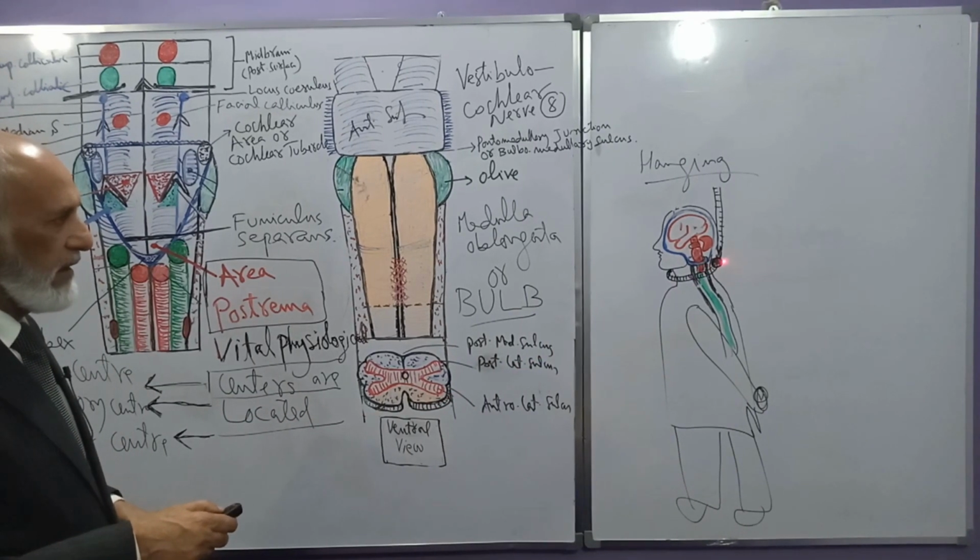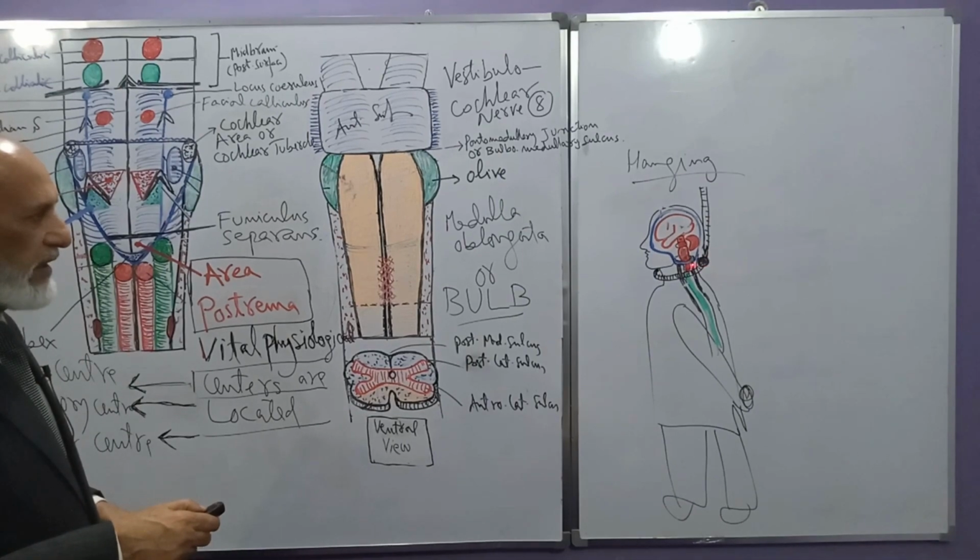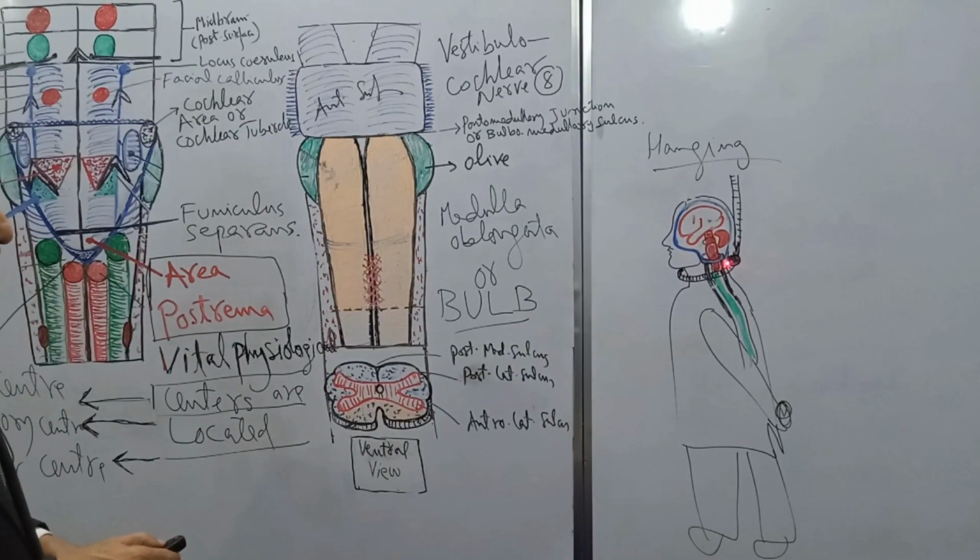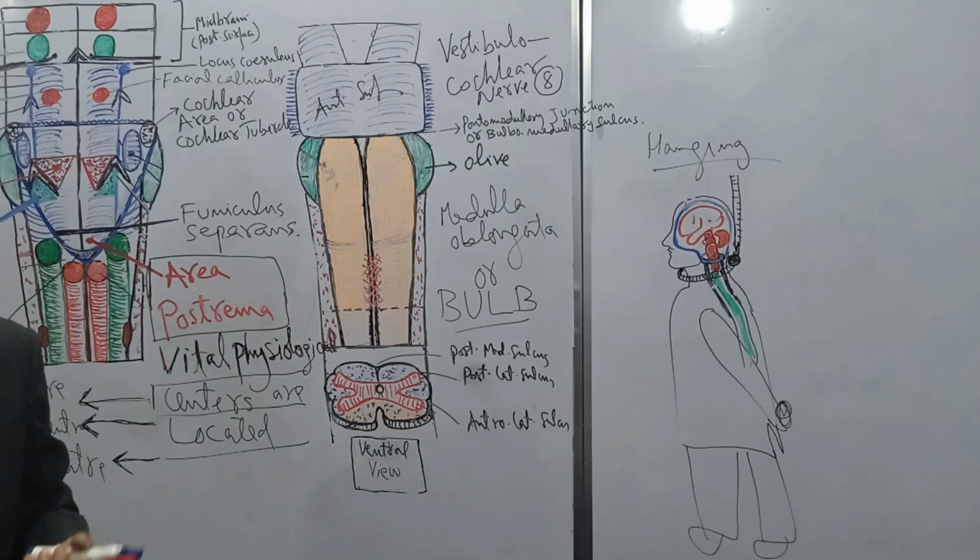of the vertebral canal. The knot strikes against the cervical vertebrae, which are fractured and pushed forward, and the fractured vertebrae damage the area postrema, the vital centers are damaged, and sudden stoppage of heart and breathing occurs. Therefore, sudden death occurs. It is believed that this is painless because sudden death occurs. But God knows better. And for God's sake, do not try it. God knows better what happens.